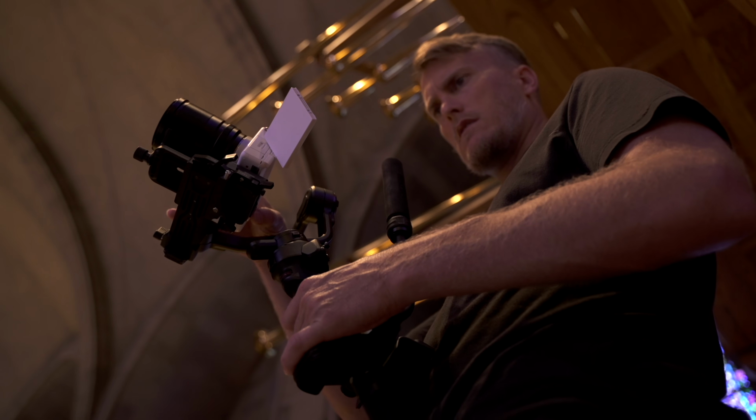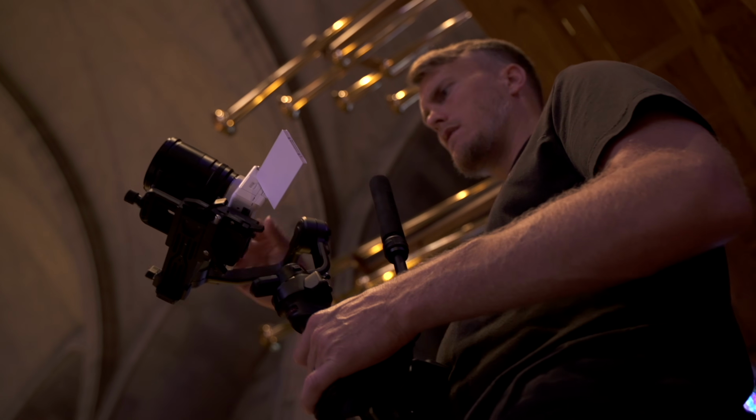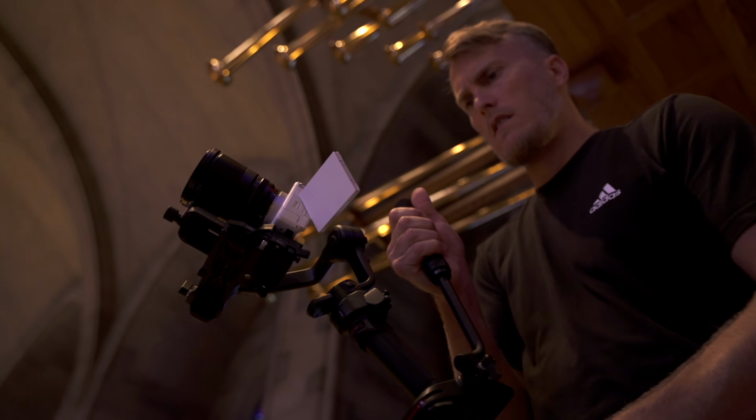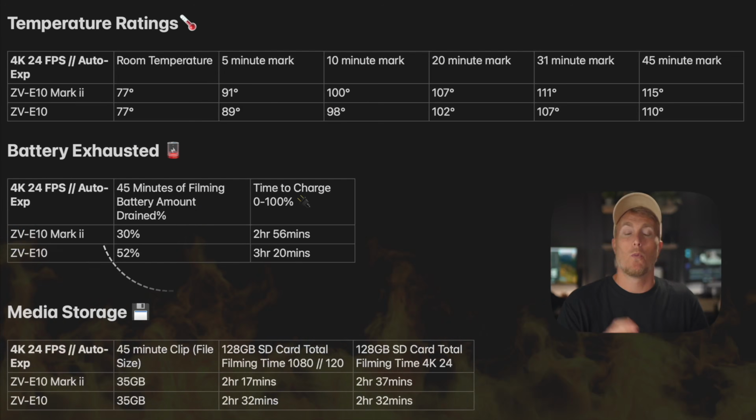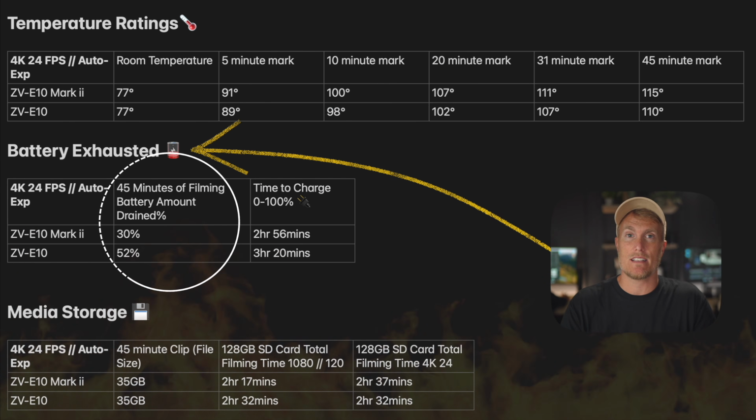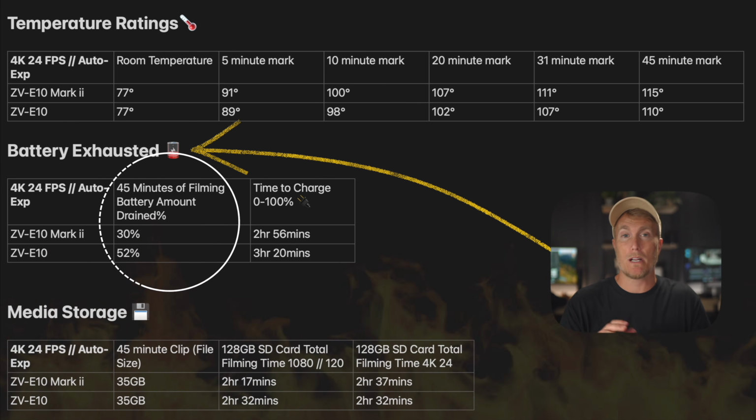Please let me know if there's another camera out there that's this small that can shoot in 422 10-bit up to 4K 60 with no overheating issues and no internal or external accessory cooling fan. I'd love to know. When it comes to the battery drain exhaust test, the ZV-E10 Mark II's bigger battery really shines here